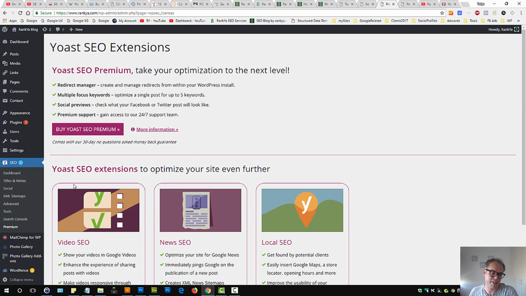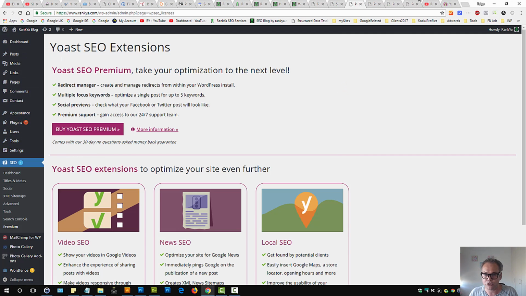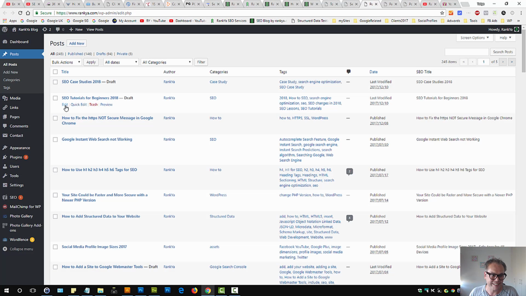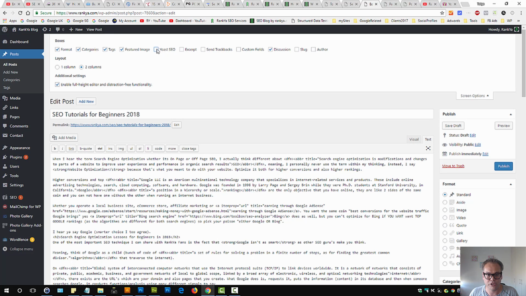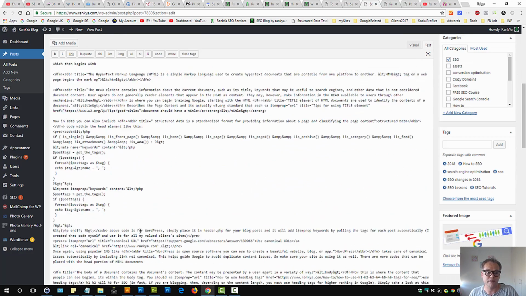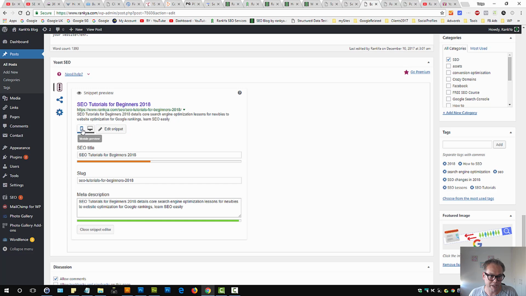So now this is how you set up Yoast SEO plugin, but how do you use it? When you're creating posts, pages, or different custom post types that you may have, then it gives you that option for the meta box. So screen options, have this checked. If you are not seeing this meta box here, you can always minimize it or expand it. You can edit, you can press on different viewports here to see how it's going to look on certain elements, which is great, part of Yoast. When you edit snippet, basically,